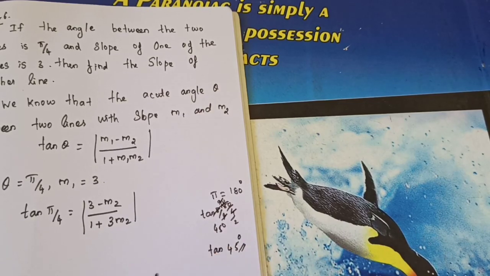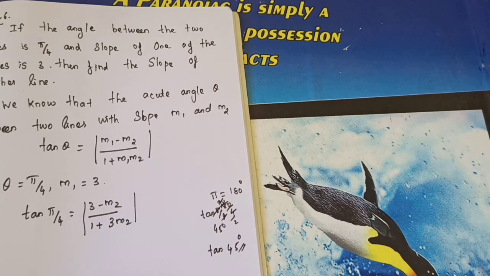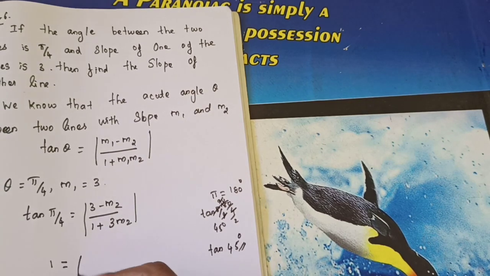Now all of you got it. What's the meaning of tan pi by 4? In the 11th standard as well as in the 12th standard, we don't see theta like that. But they will give us values like pi by 4, pi by 3, and so on. Pi means 180 degree. So 180 degree divided by 4 or 3 or something, you can find out. So here tan 45 degree. What's the value of tan 45 degree? 1. Correct? You learned this last year.